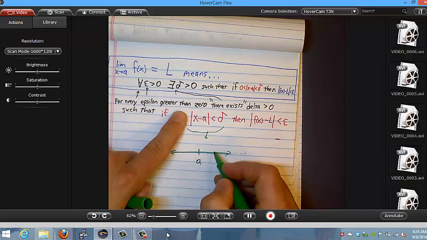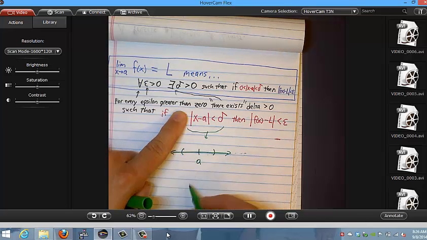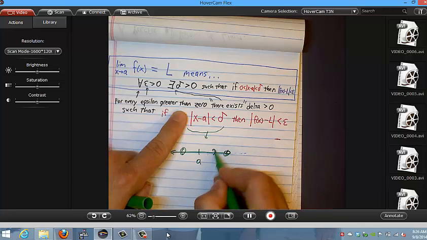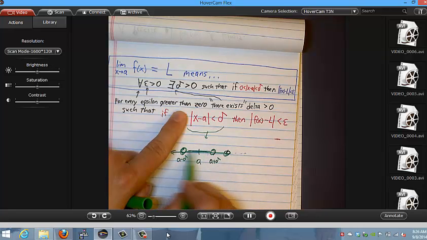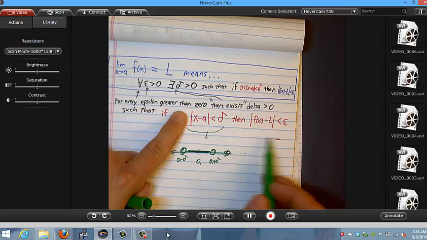Here's A. You're going to move delta away in either direction. If I put a little open circle at A plus delta, and another open circle at A minus delta, this is the neighborhood where we're living. If we're somewhere in this neighborhood, then